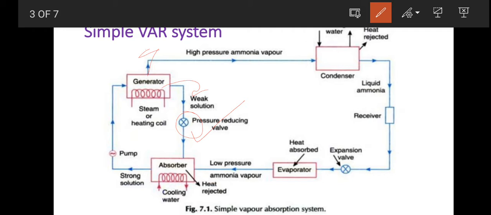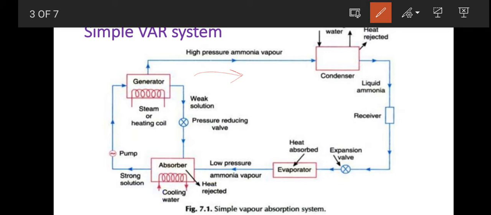Okay, now here the heat supplied to the generator, the energy is in the form of steam, a heating coil, or we can use solar energy for heating the solution. Okay, now here after that the high pressure ammonia vapors are supplied to the condenser. So the condenser function is that condensation takes place, and this ammonia